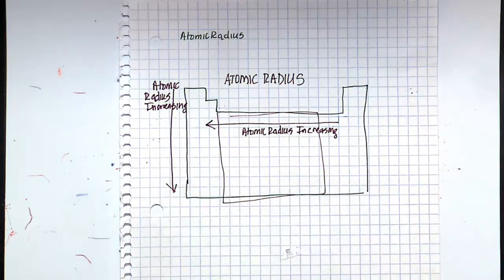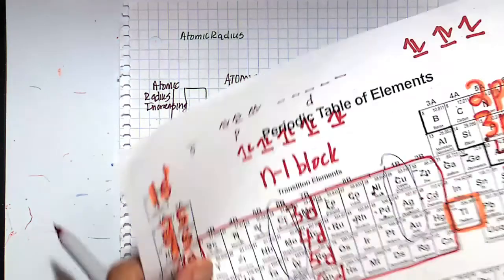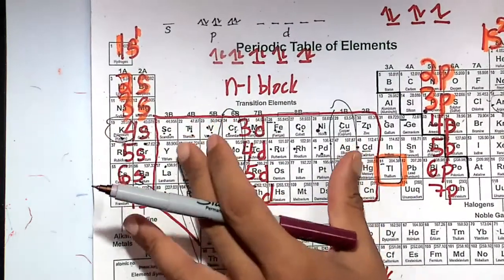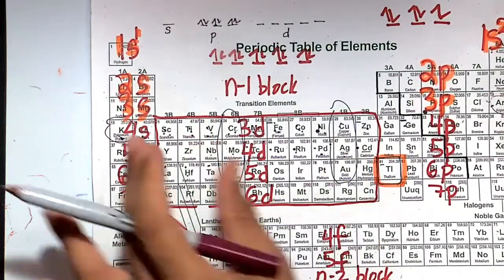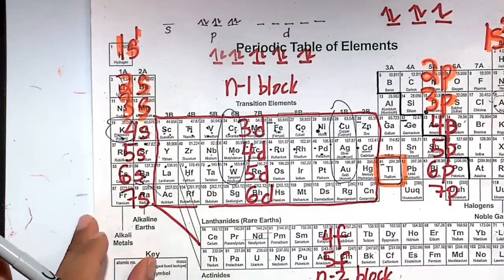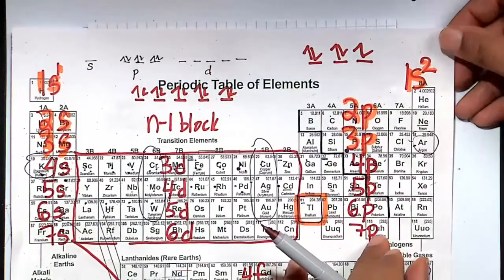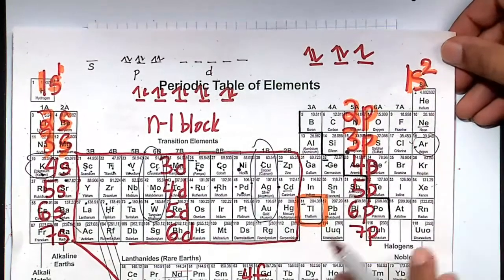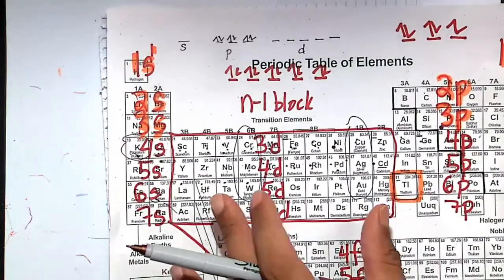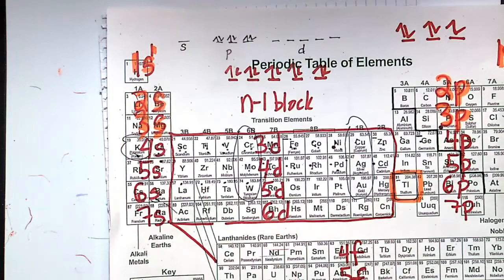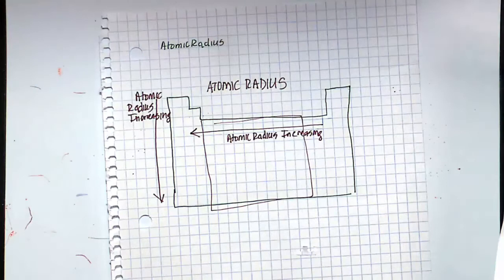For the transition metal series, the atomic radius does not have a very specific trend. We know these love to be +1 and +2, and we know these love to be -1, -2, because that's how you achieve noble gas status. For the transition metals, the atomic radius generally follows the same trend shown here, but you can definitely see some